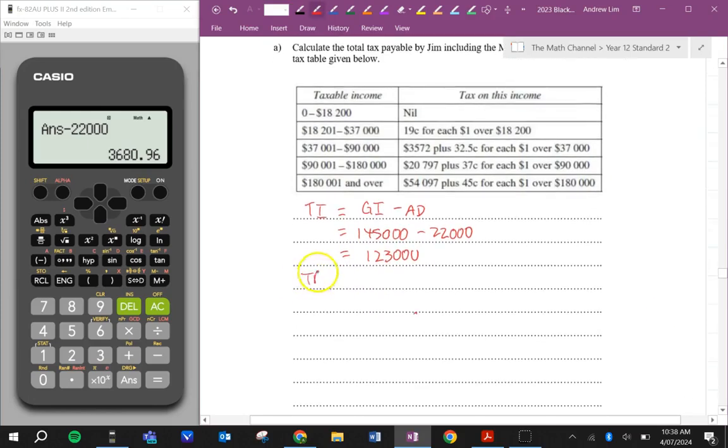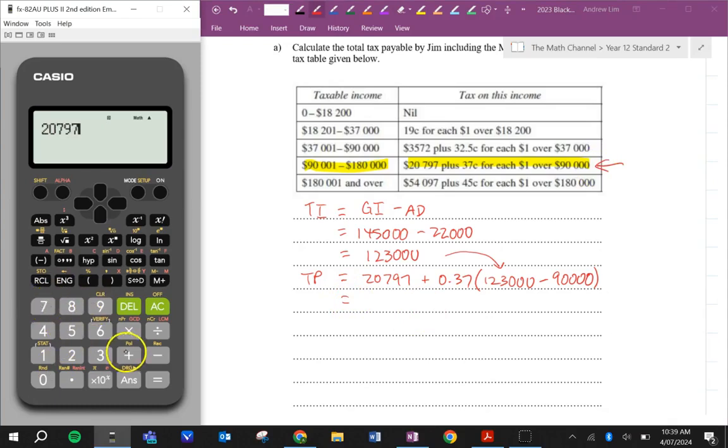So tax payable, $123,000 lies in this tax bracket, so he'll be paying $20,797 plus 37 cents for every dollar, so that's our taxable income, over the $90,000 according to this. So 20,797 plus 0.37 times the bracket, 123,000 minus 90,000 is